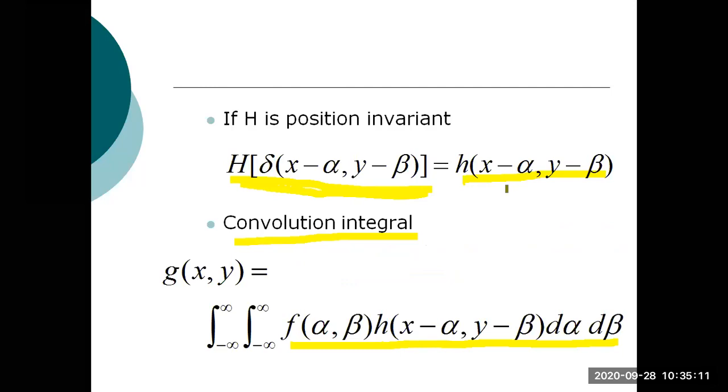So the output is simply as in our signals and systems and digital signal processing. The output is the convolution of two functions, or two-dimensional functions, in the spatial domain. Of course, if the two functions are convolved in the spatial domain, both are multiplied in the frequency domain, as we know that.